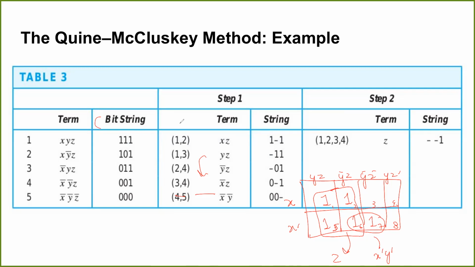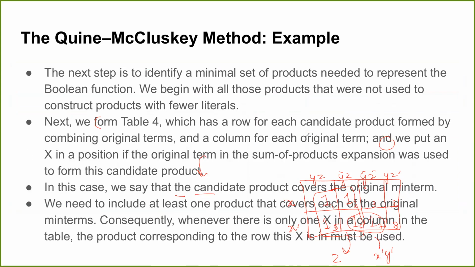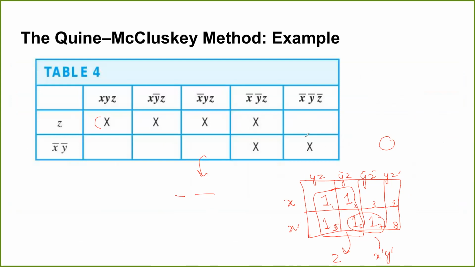After that, the terms which have been left, you see their constituent terms. What terms from the actual expression led to those terms, and in that way you make this last table and you put a cross for whichever term was involved in any of these terms. Then you use the essential prime implicants, which are indicated by a cross in every row. So if there's any row which involves even a single cross, such terms you have to take. So you cannot omit that term in this Quine-McCluskey method.